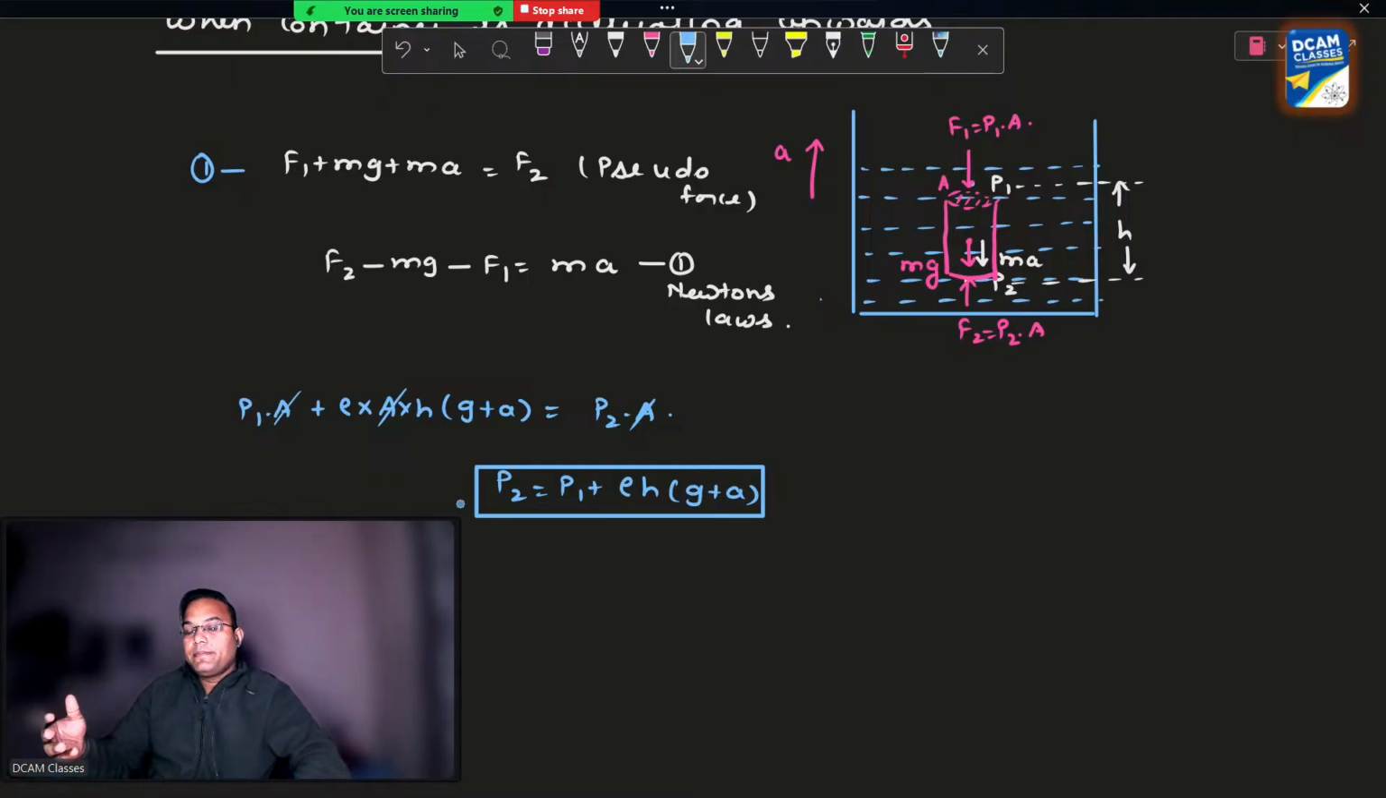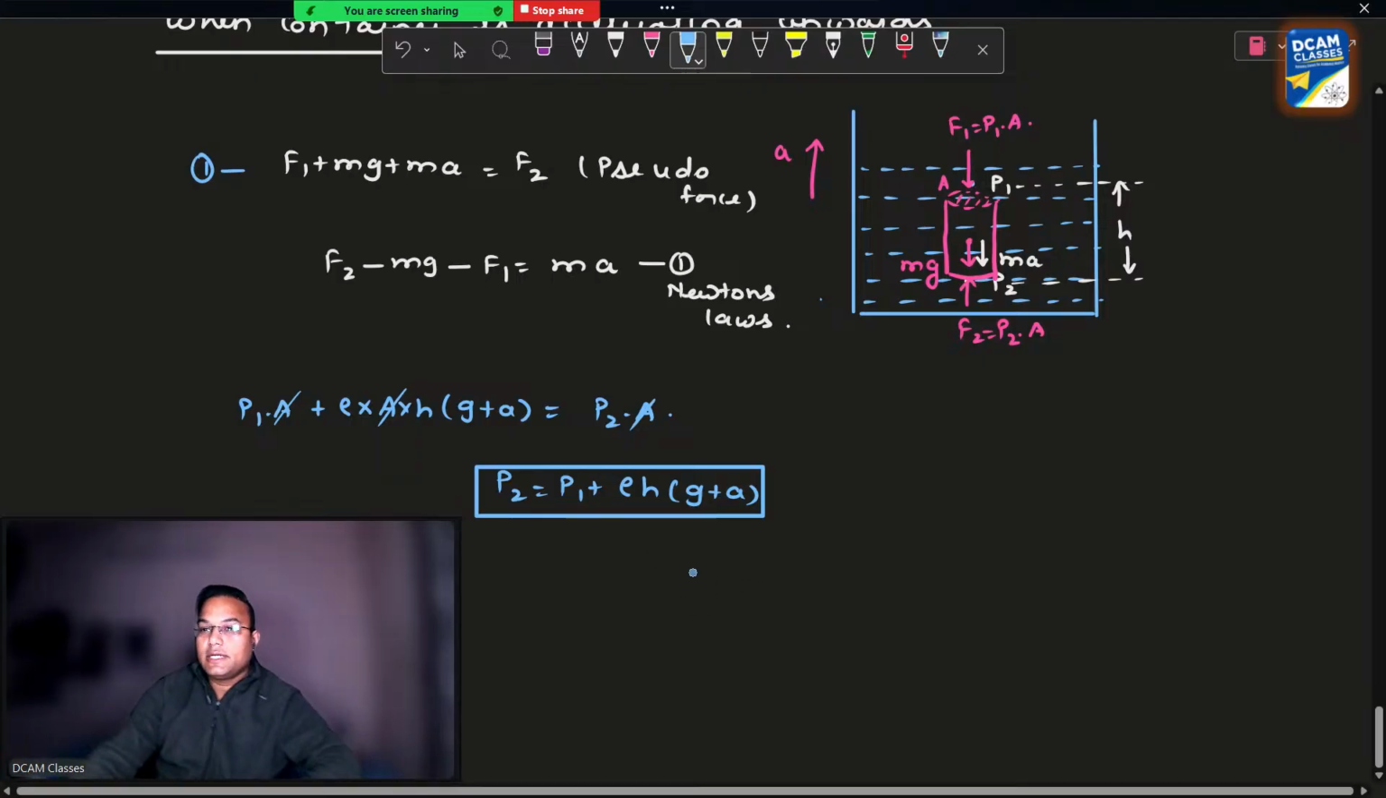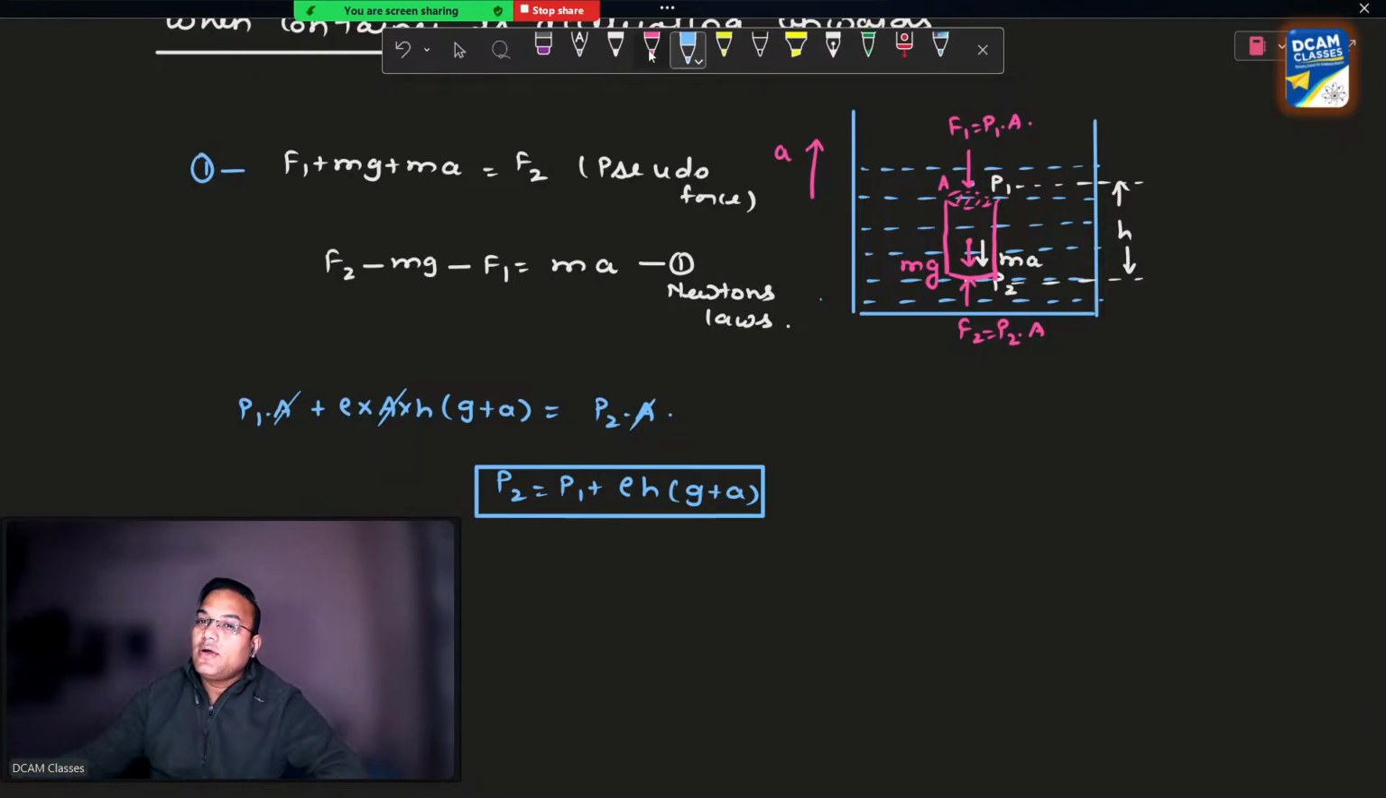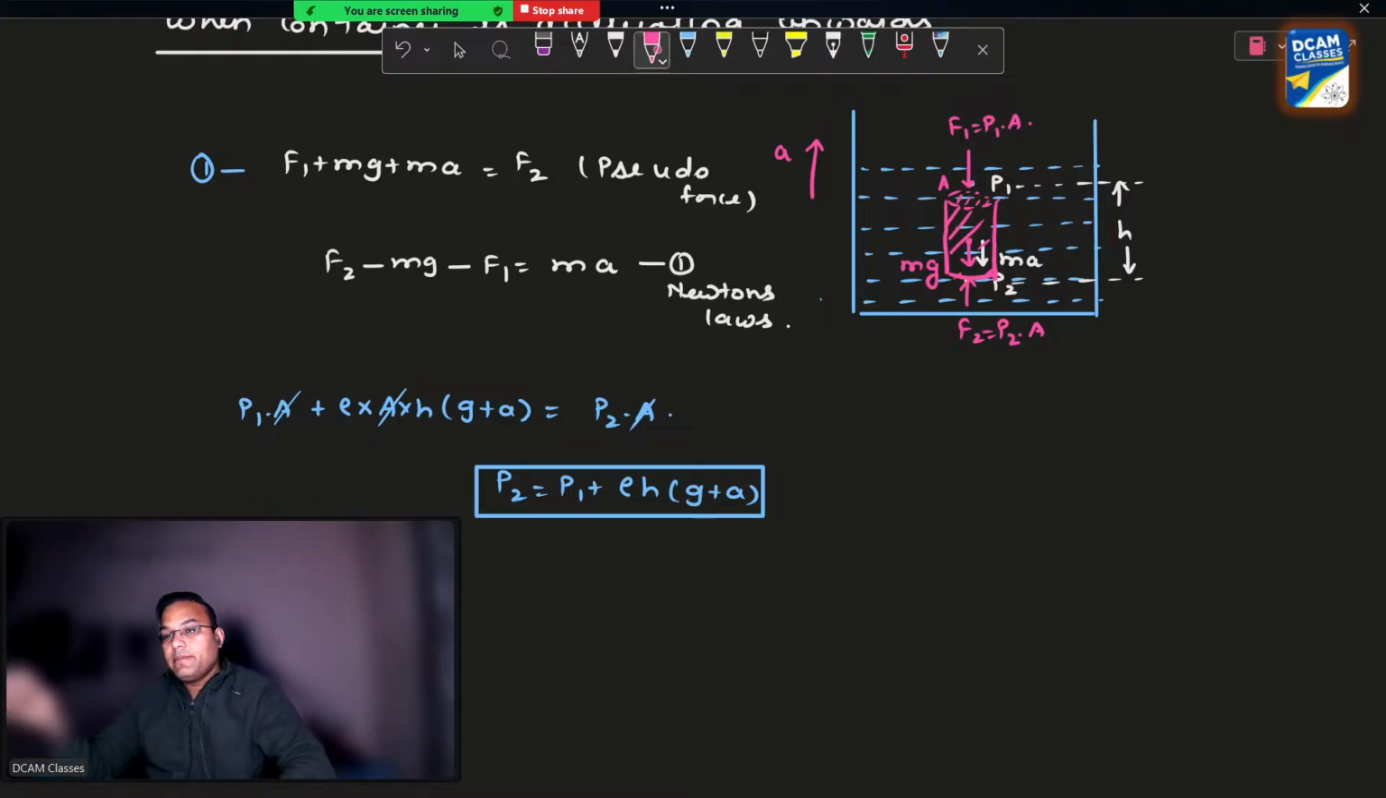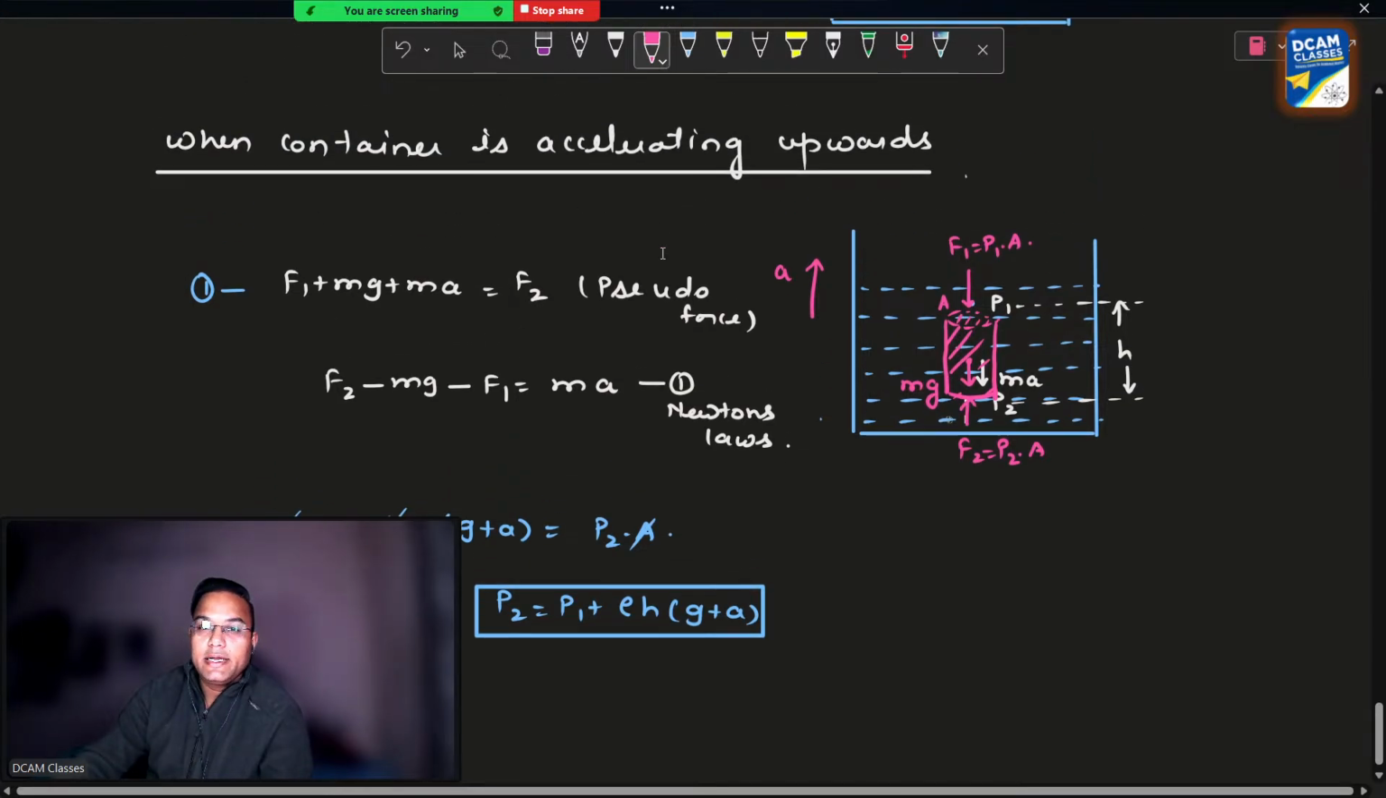So effectively, this process that I have done, we have already done in the first class when I was explaining the pressure difference due to height. But now I'm explaining because of the pseudo force, because this container is accelerating. When it is accelerating upward, why is the pressure difference added up by the rho a h component? That I am explaining. Understood now? In the same way, if we take the opposite case, when the container is accelerating downwards,